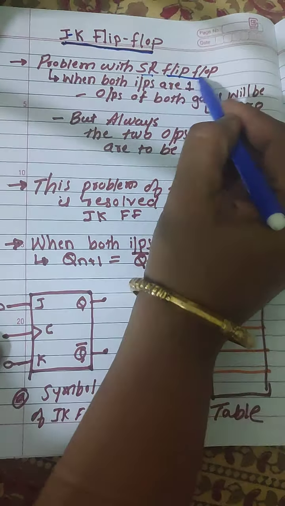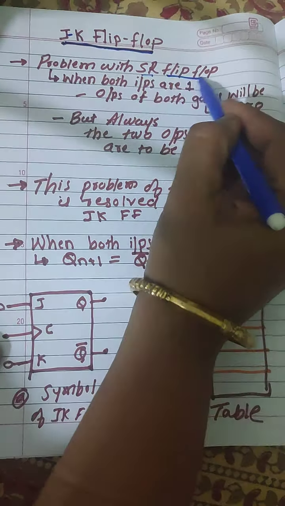Next, we are going to apply 0 and 1 for J and K. When Q is 0, let us see what S is produced. Q bar is applied to this AND gate. When Q is 0, Q bar is 1. So whatever J is fed, it appears at S. J is 0, so the same 0 appears at S. What will be the value of R? Q is 0, so don't worry about K. Whatever be the value of K, one of the inputs to the AND gate is 0. So R takes the value of 0.